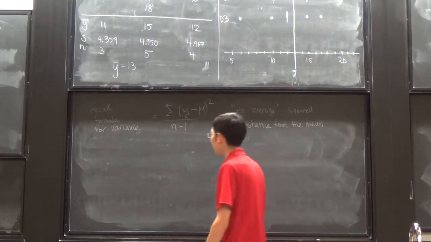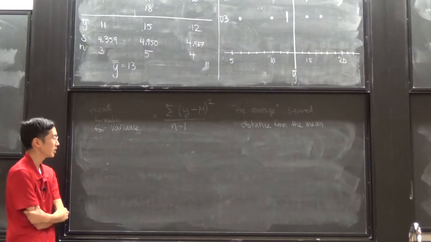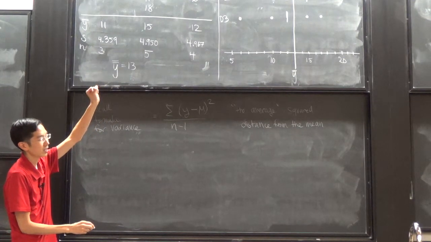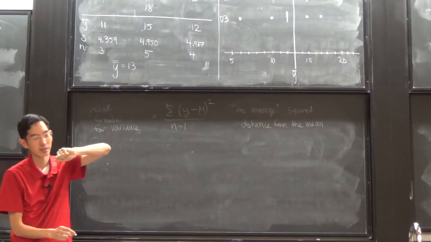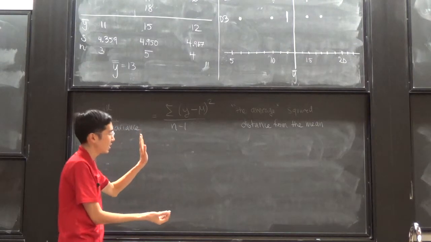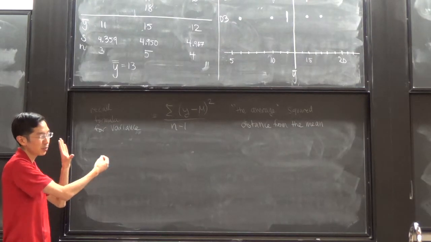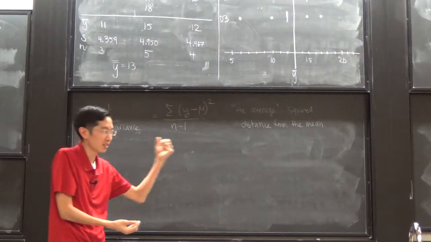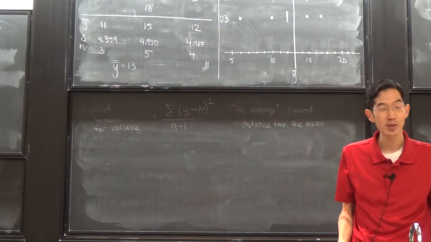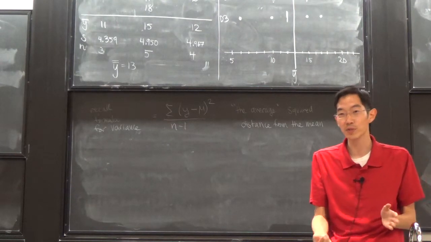Okay, so what we're going to do is take each data point, essentially, and break up the deviance from the mean into two parts. Part of it is due to the fact that the group is different from the mean, and then the other part is the individual difference from the group.